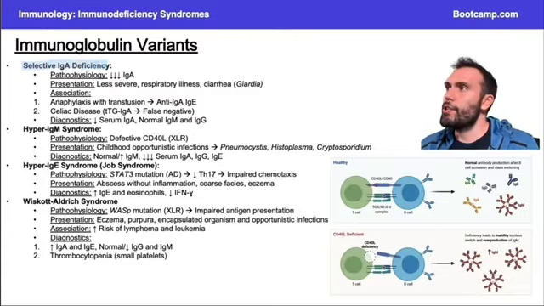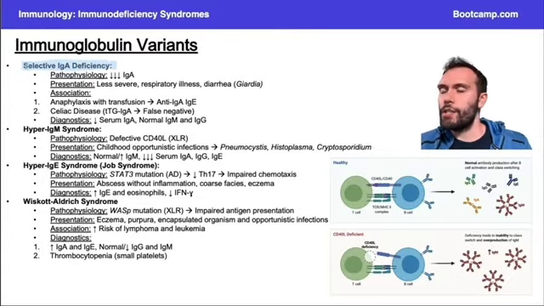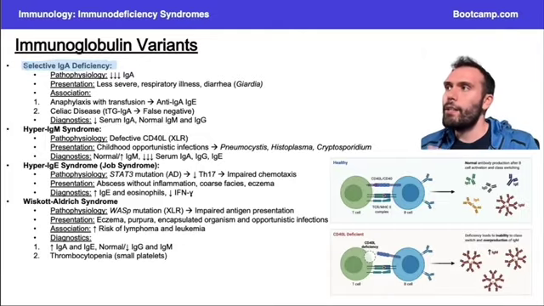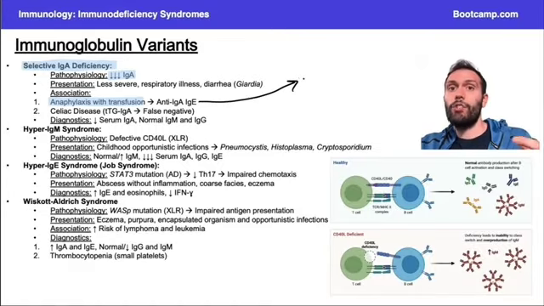Let's start with IgA. So the big IgA pathology here is going to be selective IgA deficiency. And this is going to come up very classically in board questions when they try to transfuse a patient. They start to transfuse the patient, and all of a sudden the patient goes into anaphylactic shock, and they're thinking, well, what's going on? We just gave this patient some blood. Why are they having this kind of reaction? And the idea here is these patients will have very low levels of IgA in the blood. And the reason they might have those low levels of IgA in the blood is because they have antibodies